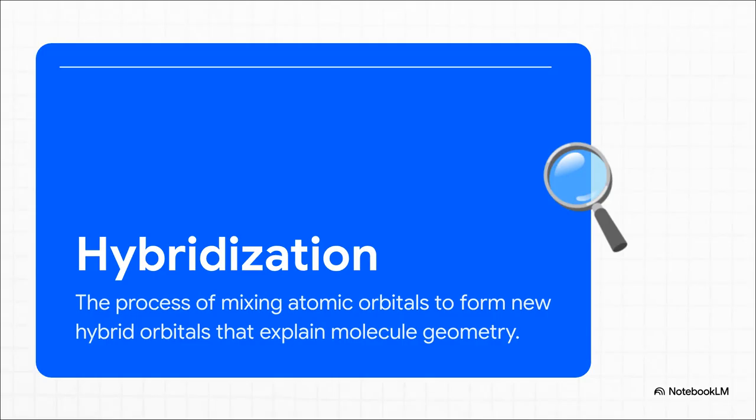But wait a minute. How does carbon manage to form all these different kinds of bonds and all these crazy shapes? Well, it's through a really neat process called hybridization. It's almost like carbon customizes its own toolkit for each job. It literally mixes and matches its standard atomic orbitals to create brand new specialized hybrid orbitals. And doing that allows it to get the exact angles and the exact geometries it needs to build everything from flat rings to these incredibly complex 3D molecules.